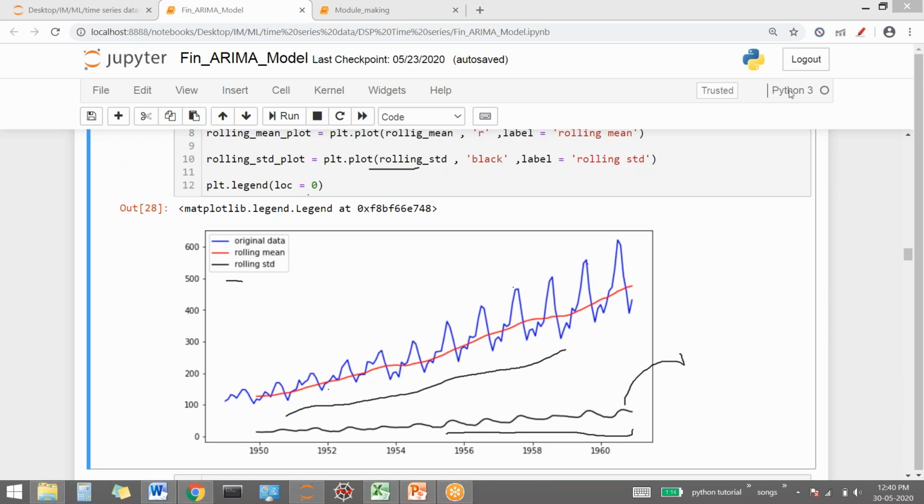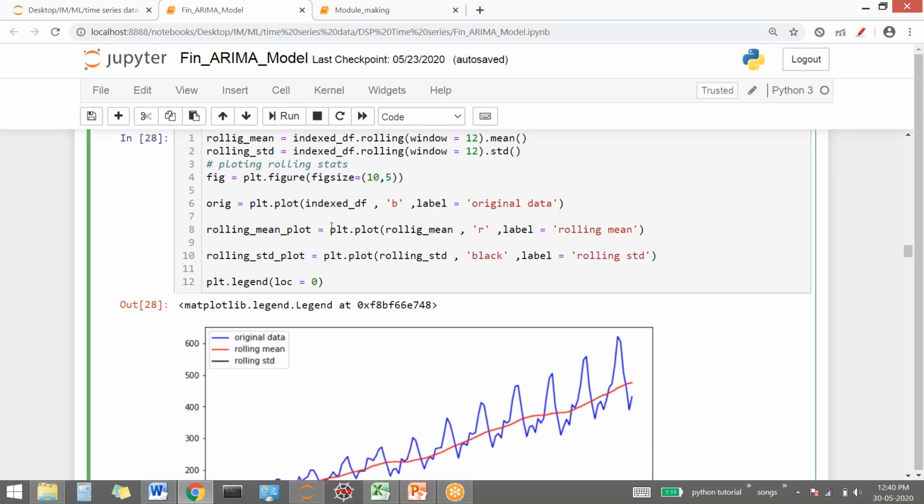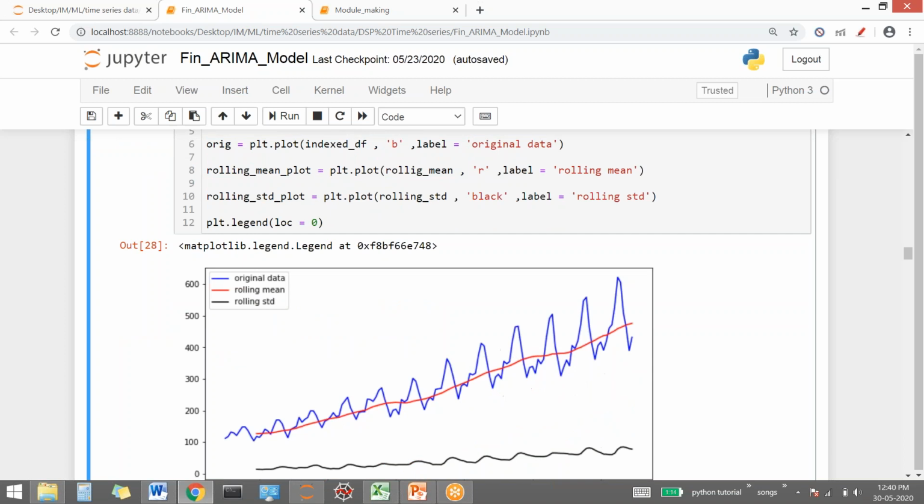So the rolling mean, rolling standard deviation plot, is anyone having any confusion about how we found this out? We just used the basic function dot rolling. We specified the window size because the data was monthly. So we specified the window size, and dot mean and dot std are the function names which we have used. Any confusion in this? It's one of the tests which showed us that the data is not stationary. Any confusion in this, anyone?